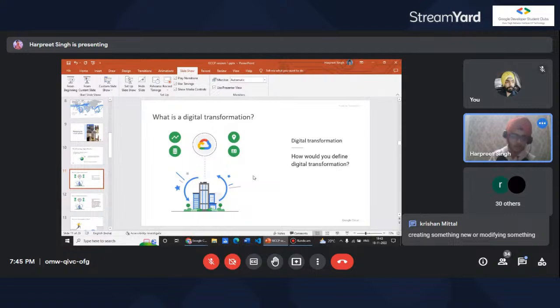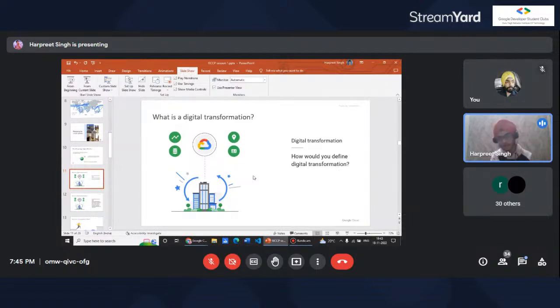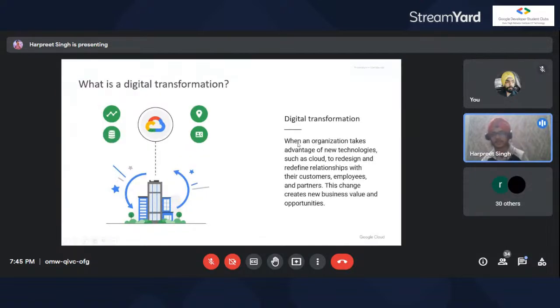We don't have to do anything. So the transformation from on-premises hardware to Google Cloud services is digital transformation, which is written on the next slide. If an organization takes advantage of new technologies such as cloud to redesign and redefine relationships with its customers, employees, and partners, this change creates new business value and new opportunities.